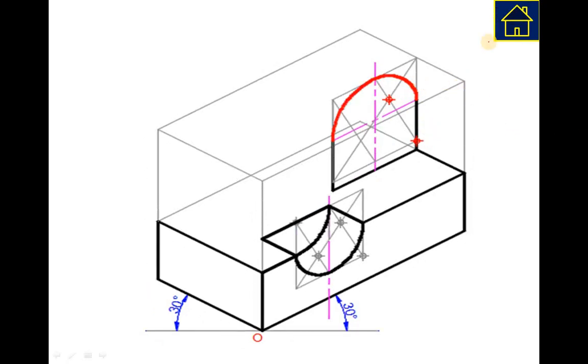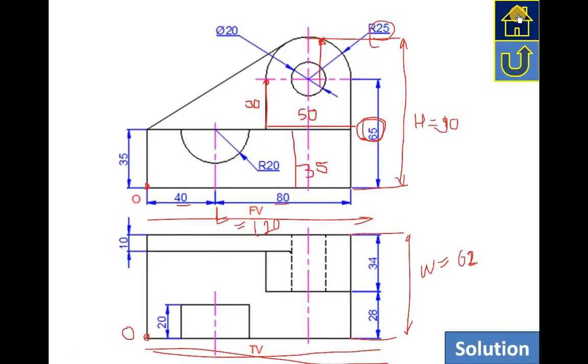Now we'll move to our object. Once you go to the object, this is the curve that we have drawn, but remember this curve also has an end. This is the end where you can see the object. This is another end for the curve. This is one end for the curve that is drawn here, and the other end is on the back side, which is 34 mm back.